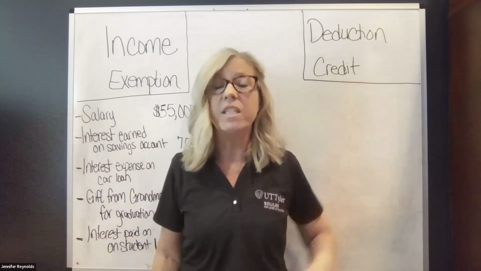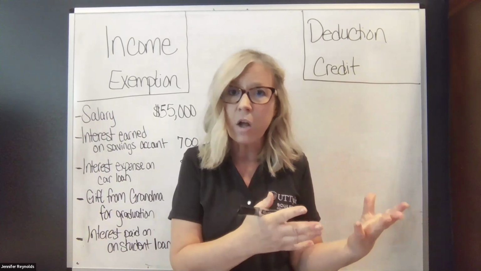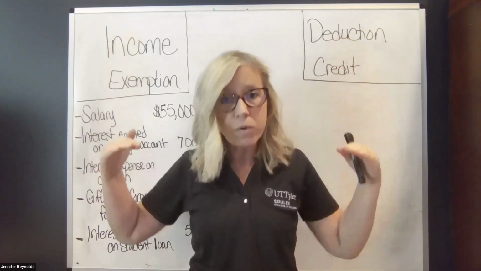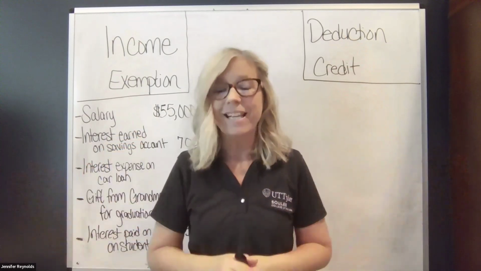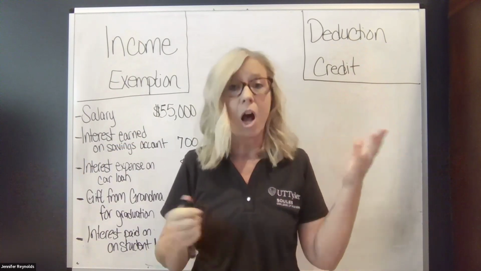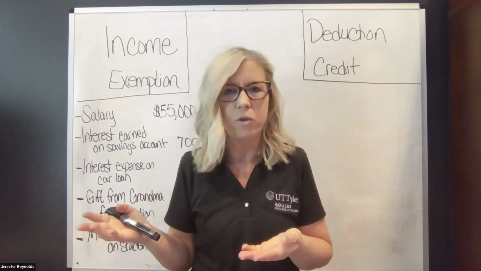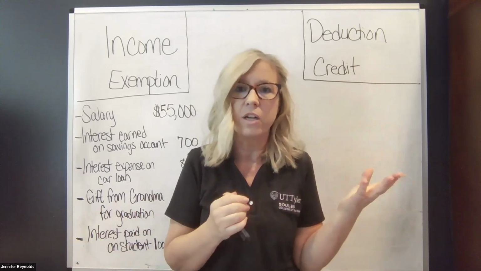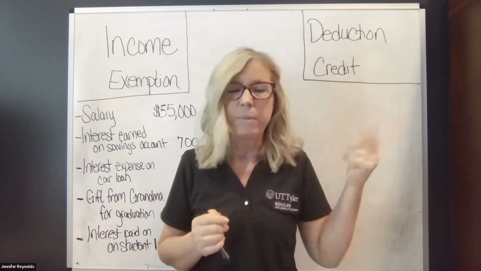Then we have something called a deduction that says, usually you've spent money on something, and so we're going to take all of your income and reduce it by the deduction. And there's just a list of things, again, in that book of laws that Congress says, oh, you spent money on this? Okay, we'll let you take that as a deduction. It's like an expense in financial accounting. But Congress has to say, okay, we'll let you take it as a deduction. And it reduces the amount of income that you have to pay taxes on.